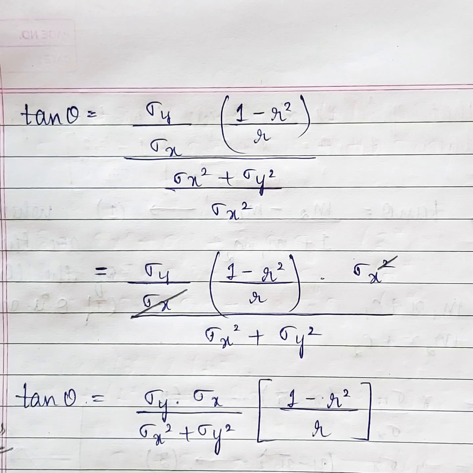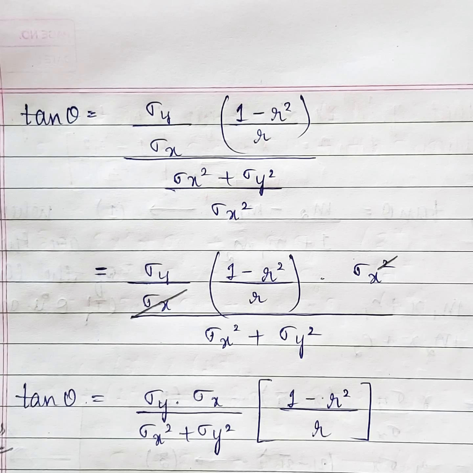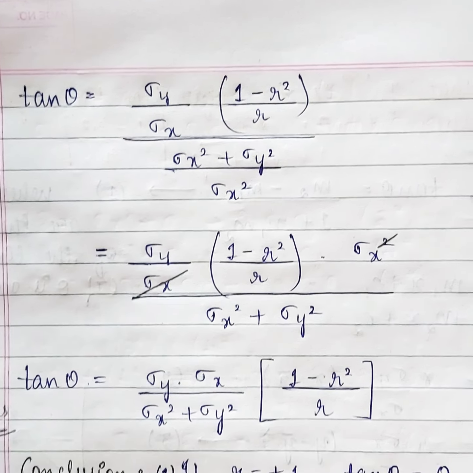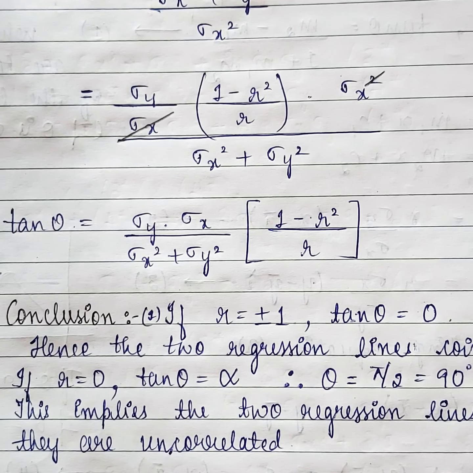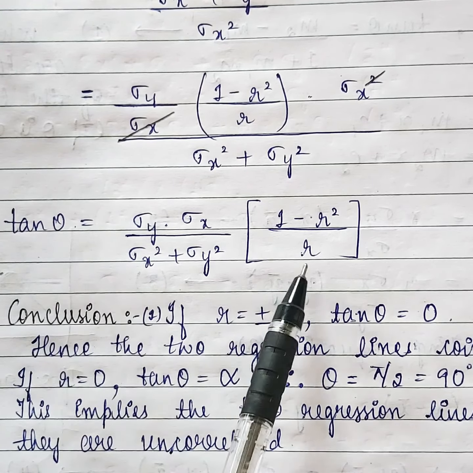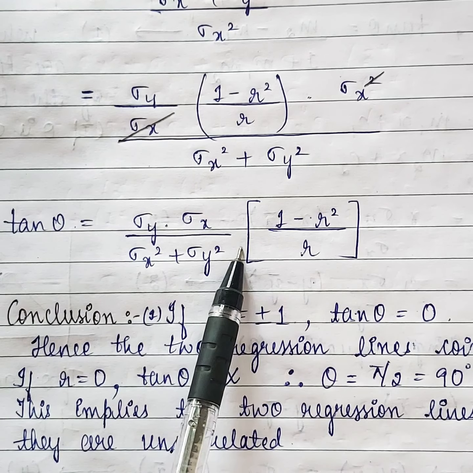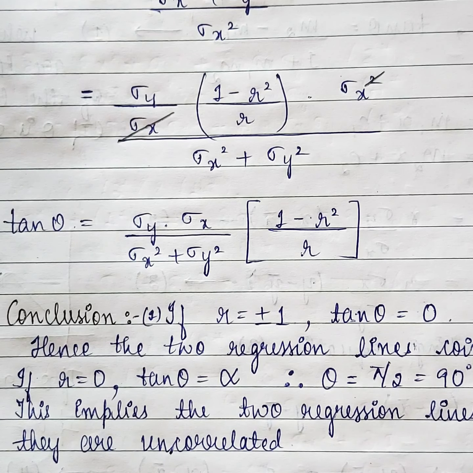When will tan theta become 0? When theta becomes 0. What do you mean by theta becoming 0? Because we are talking about the angle between the two regression lines. So when the angle becomes 0, it means those two regression lines exactly coincide. Correct? Same way, if r is equal to 0, what will happen here? Denominator becomes 0, tan theta value will become, anything by 0 is infinity, therefore theta is 90 degree. It means regression lines are perpendicular.